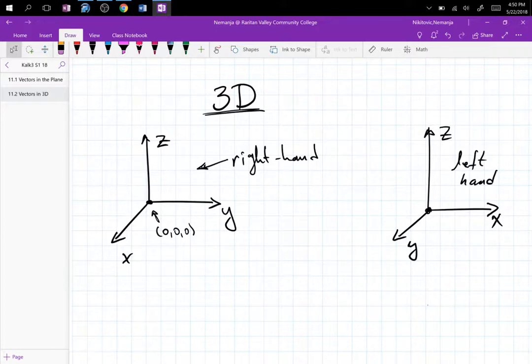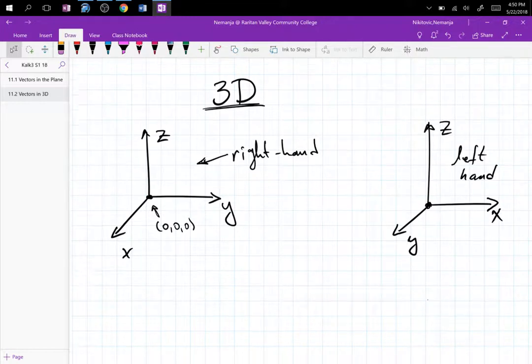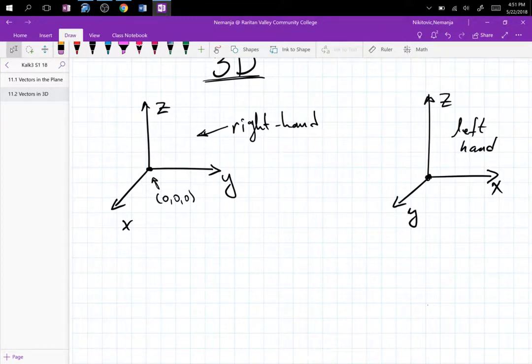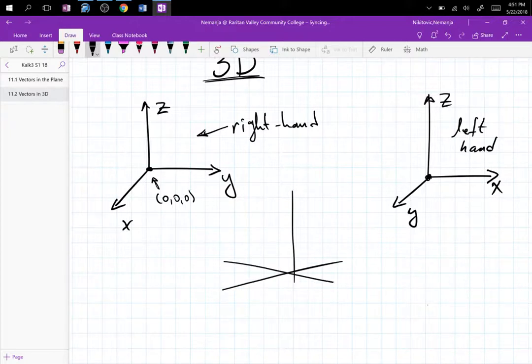Now, are these all positive as well? Like these are all positive, just the positive half of the axis, yes, for both the left hand and right. Okay. Now, there's another way to draw these systems, and that is to intersect like this and say